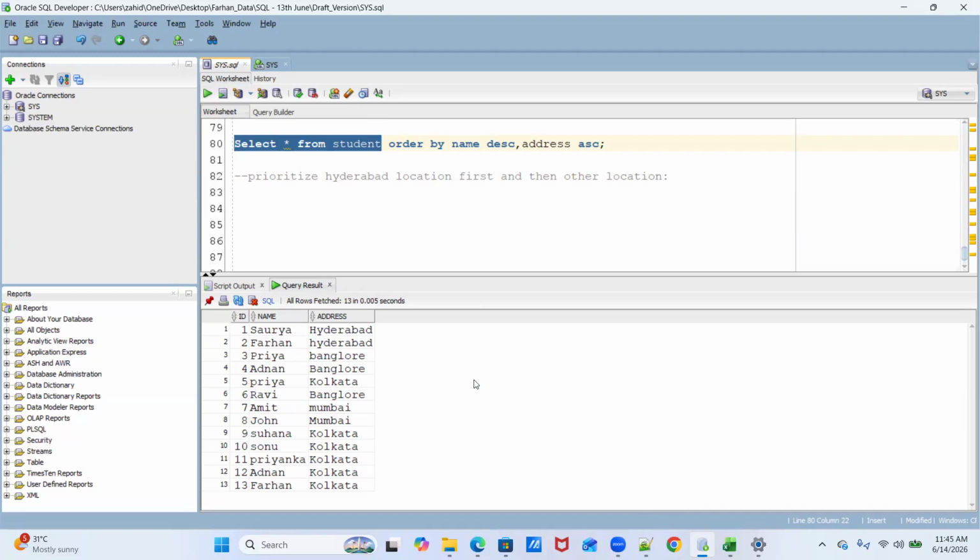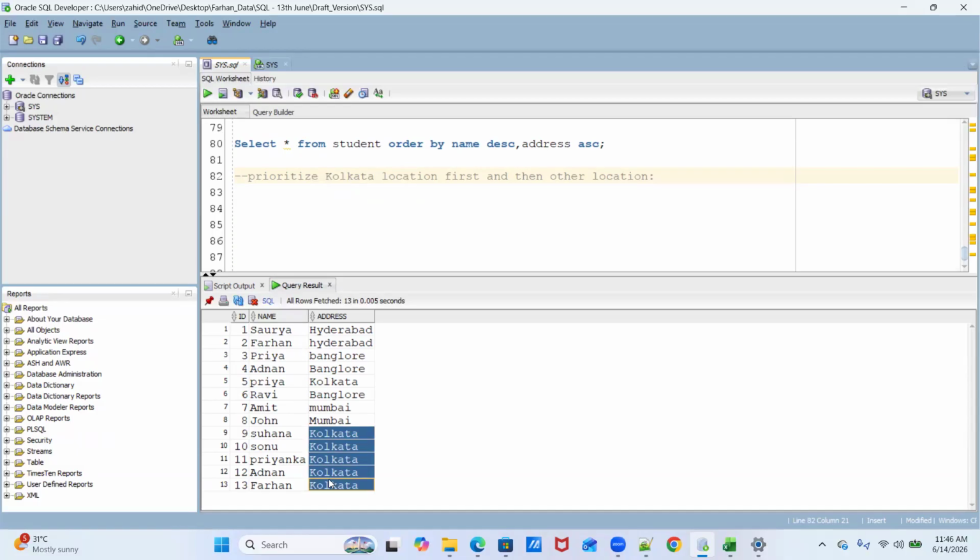Let's do a change, because by default Hyderabad is coming first when I'm just checking the table. So I'm just changing the city name. You can do any variations. I want to prioritize Kolkata students first and then other locations in ascending or descending order. That we'll see in the query.